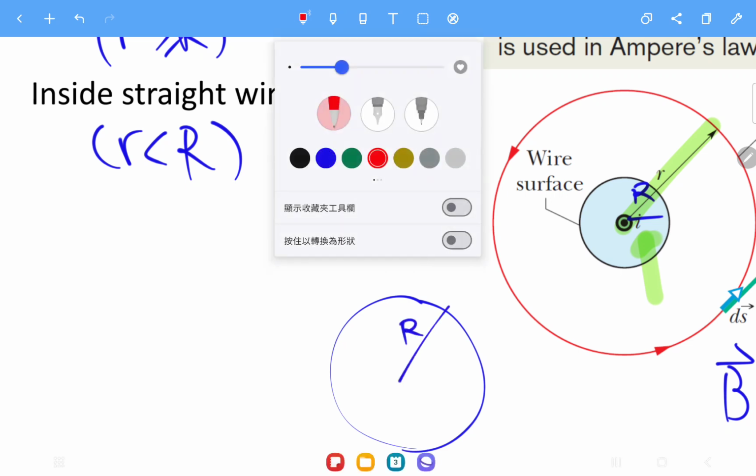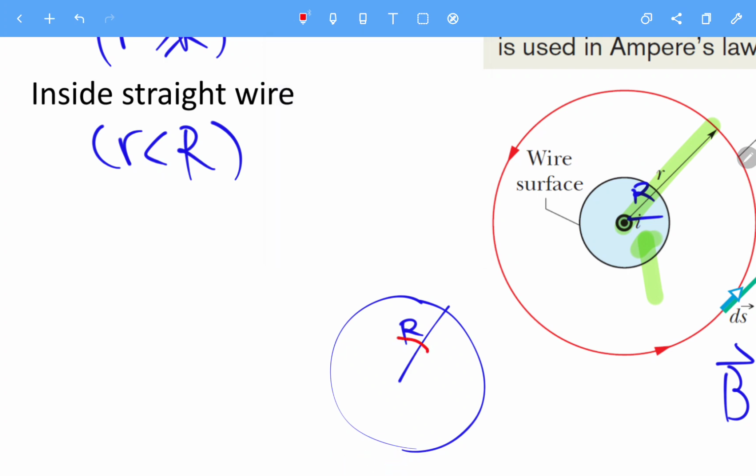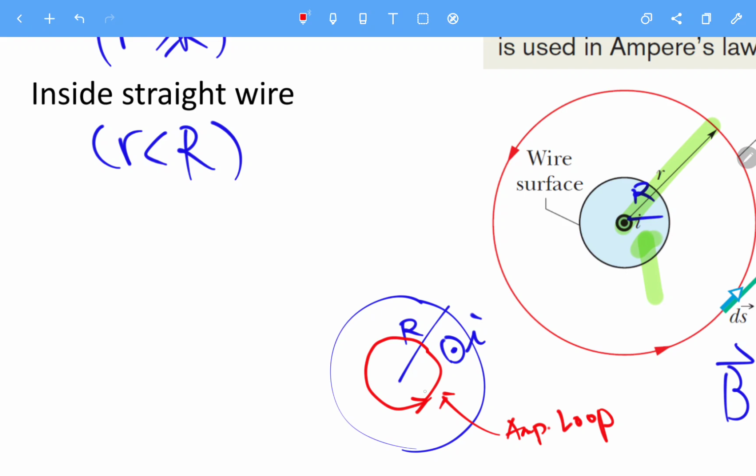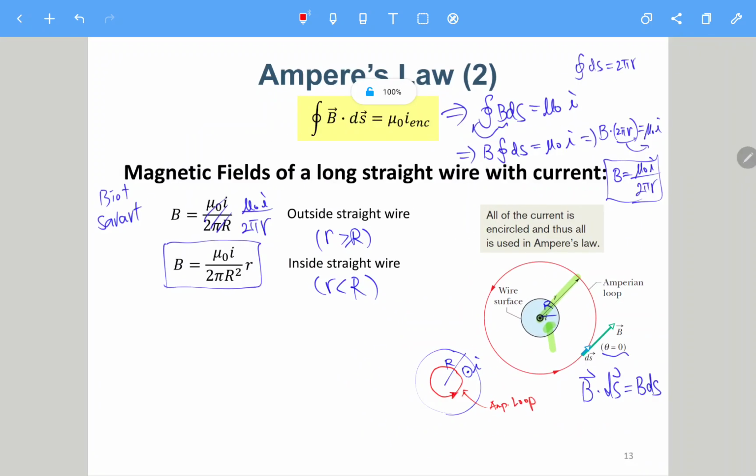Here we try to assume that this is the Ampere loop. And then the current I is going out of the page. This is I. And then also we define the current as counterclockwise, so I will be positive. Okay, so here, as much as we need to use Ampere's law,